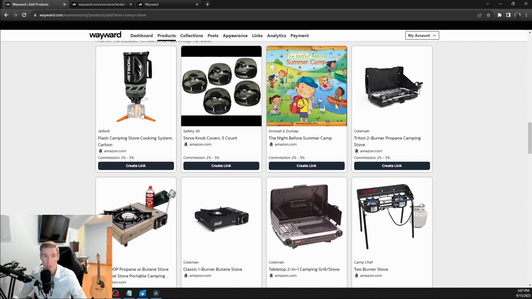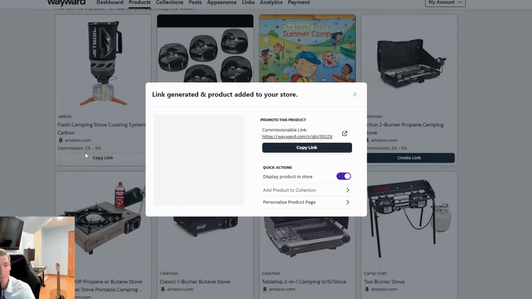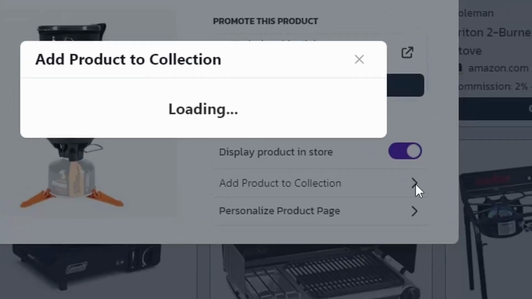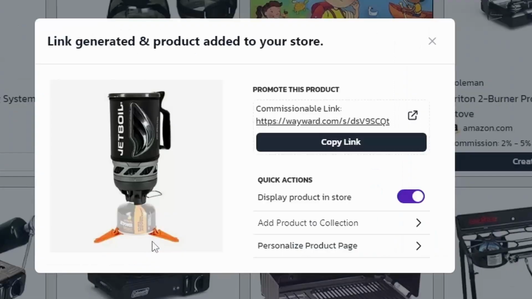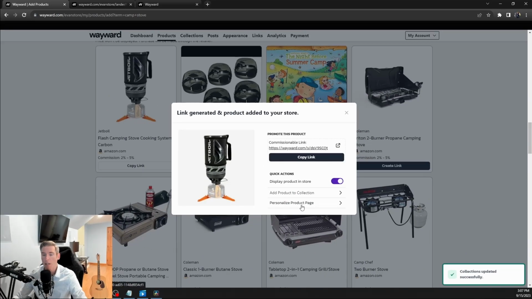Jetboil's a great brand. I'm just going to add that one. And I want to add it to my collection. I'm going to add it to camping. Actually, I'm also going to add it to Summit Lake because I can bring it up there when I do that. So we'll add that. From here, you can go to that personalize where you add the media like I had shown before,